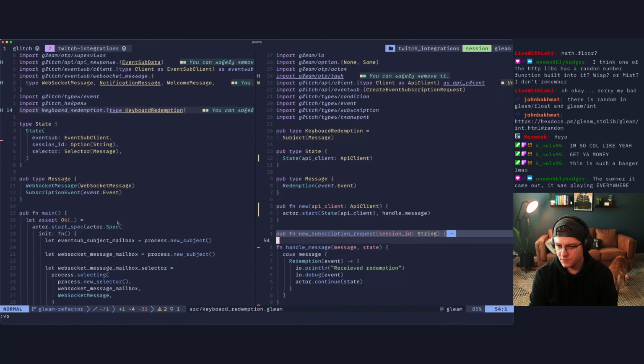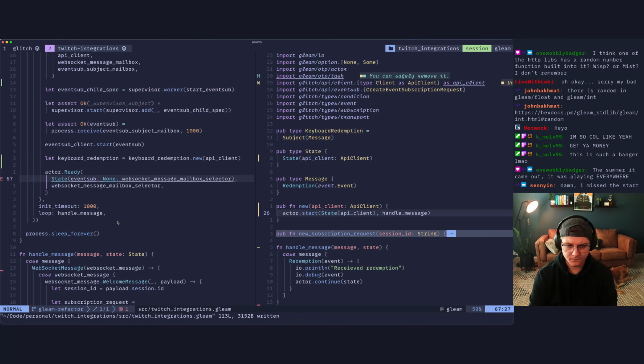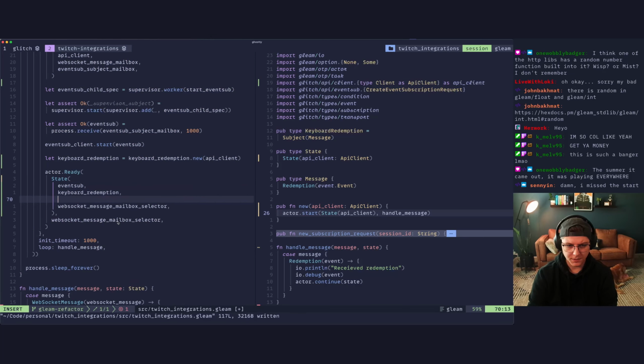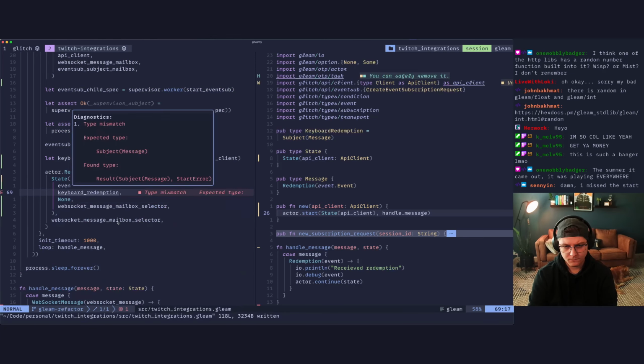This will take our API client. And then down here, this gets the second keyboard redemption. Session ID, that'll be none. Okay, so we have that now.